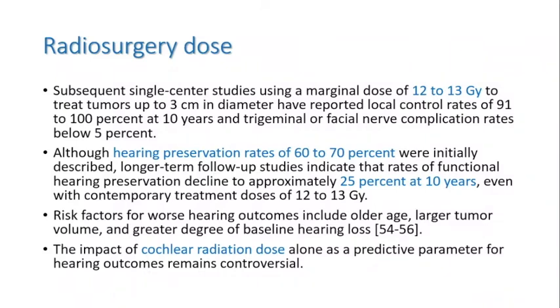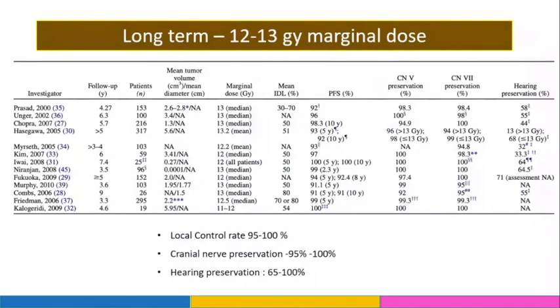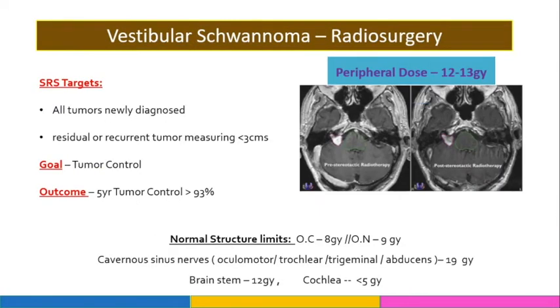It is not very clear, but many people feel that the cochlear radiation dose is probably predictive of hearing outcomes. Several individual series have now shown that the local control rate is universally about 95%. The cranial nerve preservation rate is also about 95%, while the hearing preservation rate is upwards of 65% if there is serviceable hearing. So today, I think all newly diagnosed tumors which are below 3 centimeters in size without